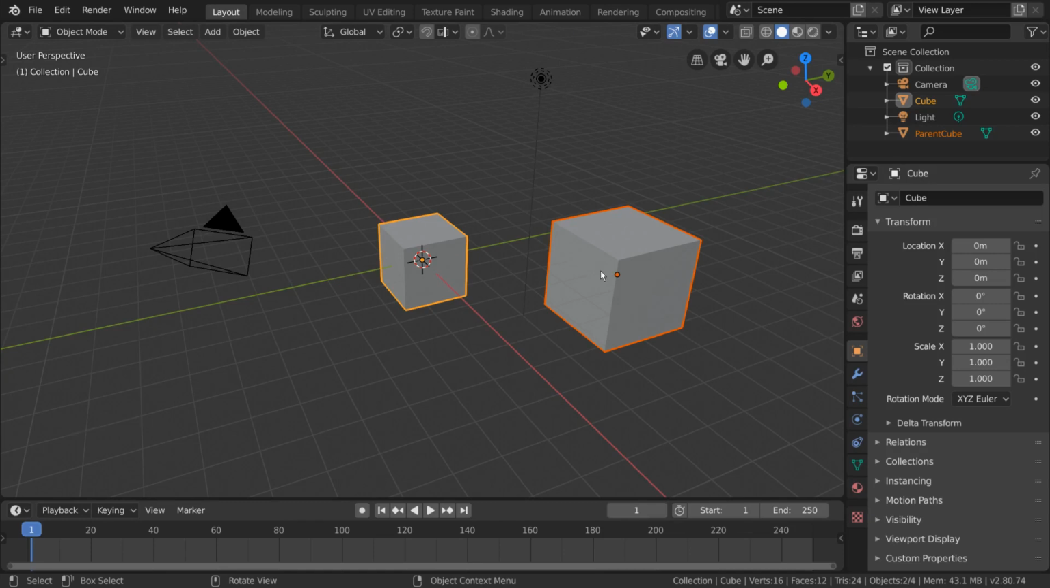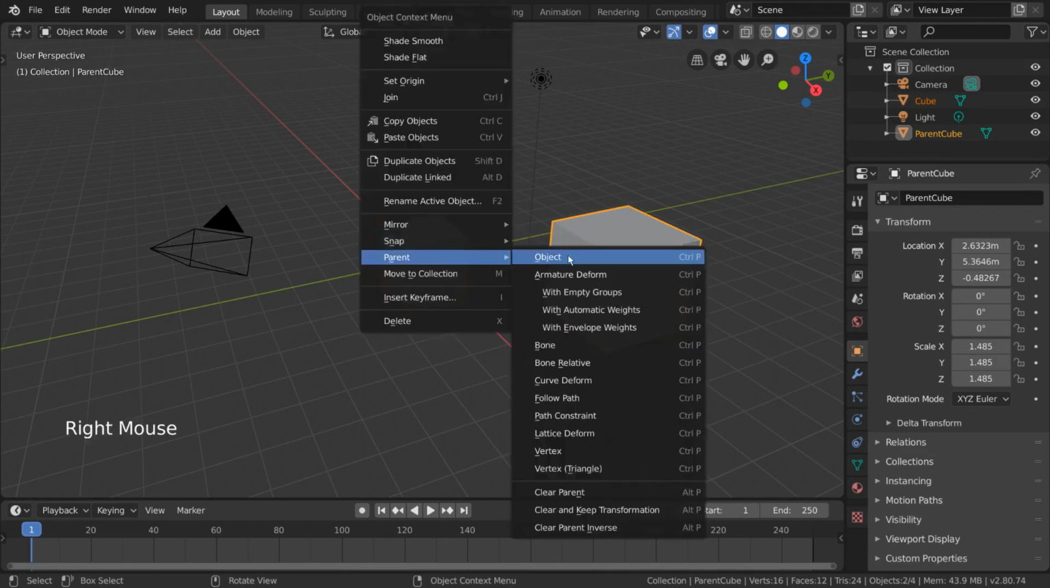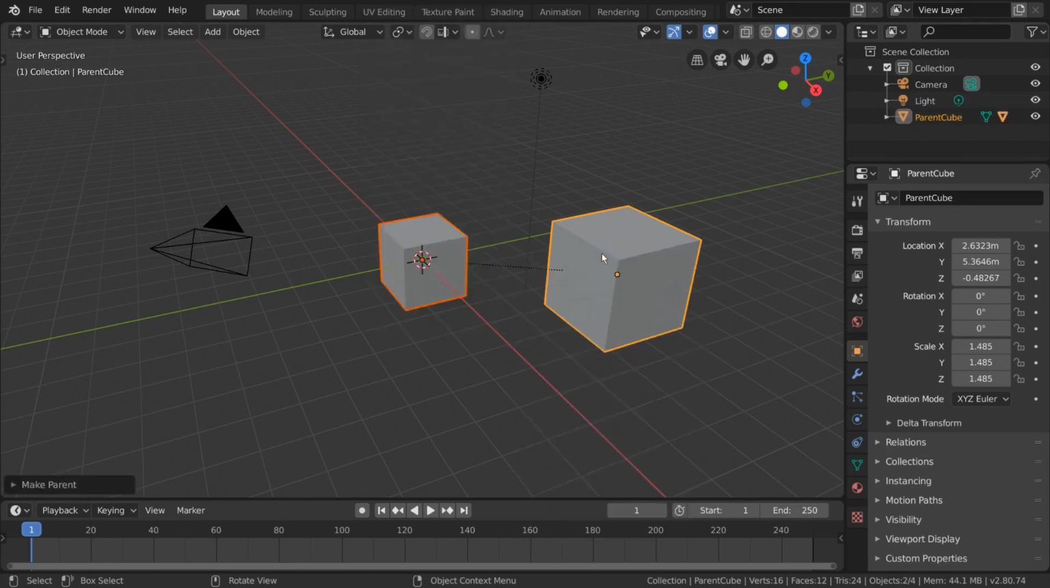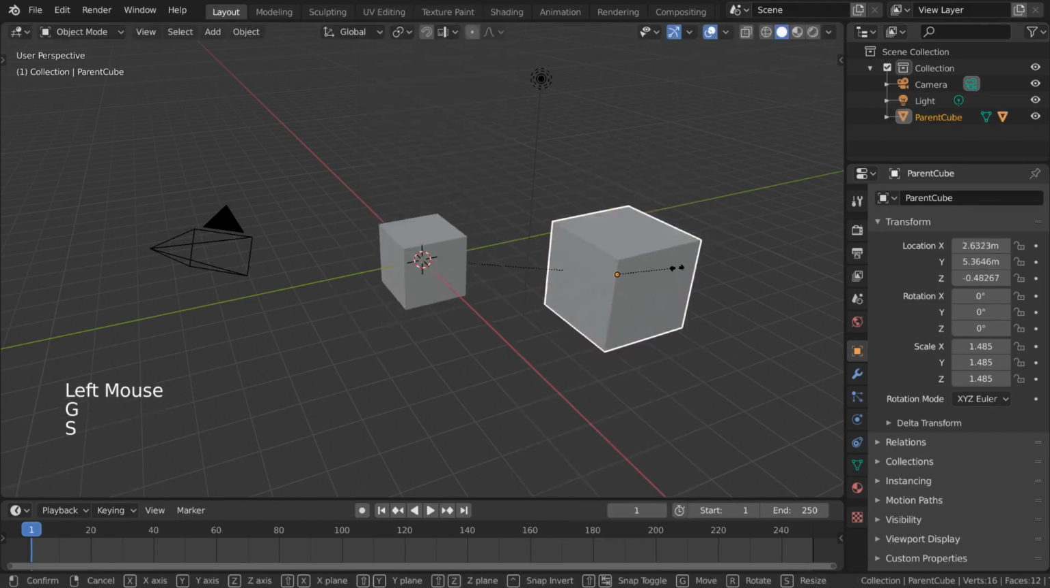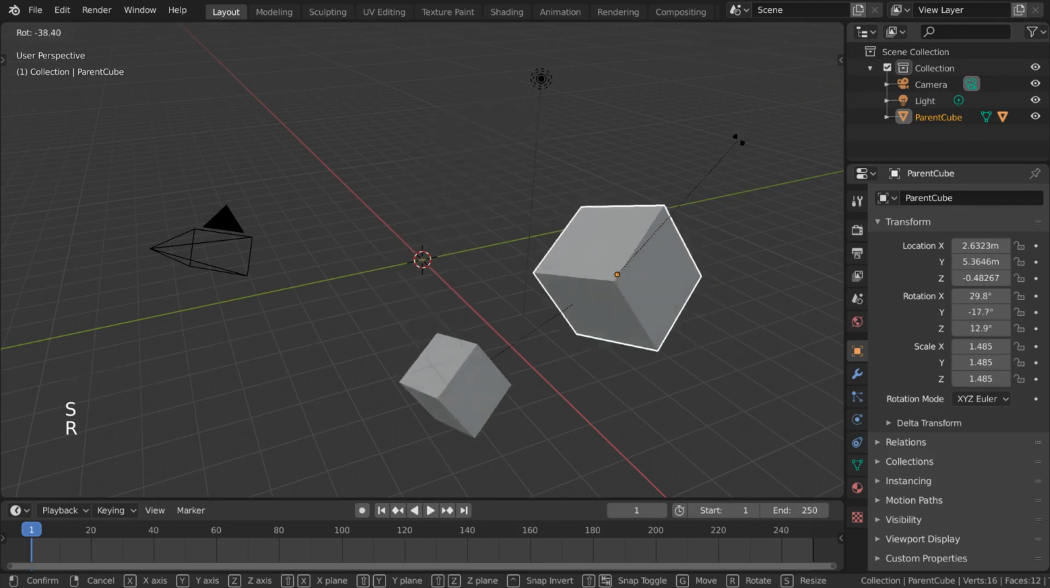Well, it's very important to make sure you select your intended parent object last. This will highlight the object in a slightly brighter yellow outline, indicating that it is the active object. Once we've ensured that our active object is the one we want to parent our objects to, we can repeat the parent action again. Right-click, go to Parenting, and select Object. Now we can move, rotate, and scale our parent cube, and as you can see, our child cube is following